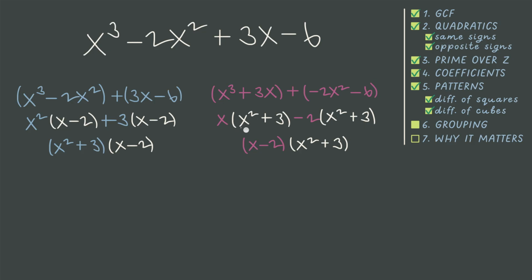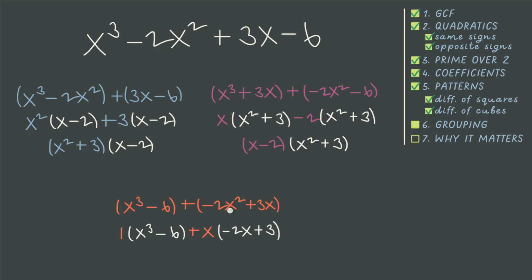Both groups now share a binomial of x squared plus 3, so we pull those coefficients, x and a minus 2, into their own binomial, and notice that these match, that they're equivalent. The binomials are just multiplied in the opposite order, which doesn't change the value of the factored form. What we can't do is group these together in such a way where one or both groups don't share a